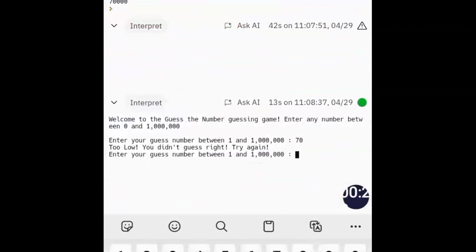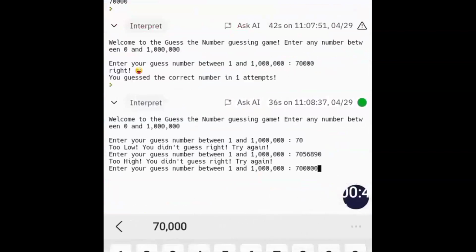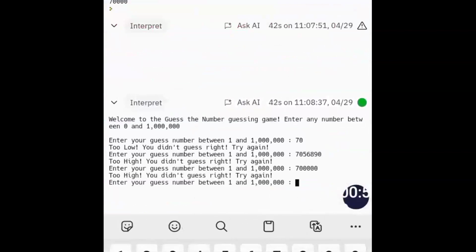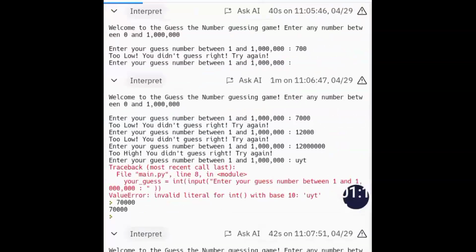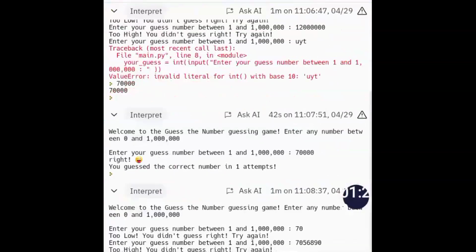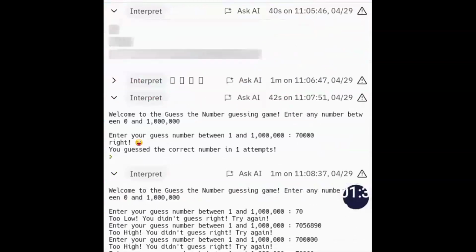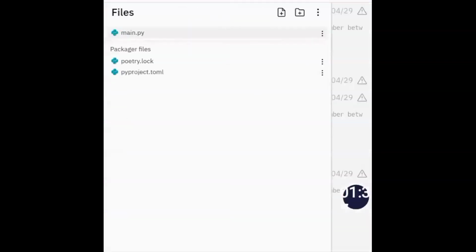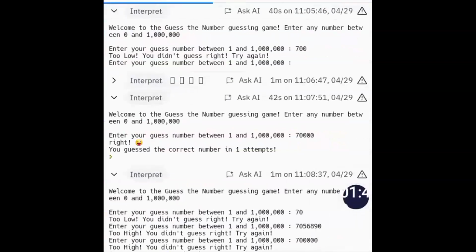So first the welcome message. Sorry, something is wrong with my internet, so it's blinking the first line, but ignore that. I'm just testing by inputting different numbers, and as you can see, it's working. It says either it's less or it's more, something like that. I'm just randomly testing it out. I want you to put your own numbers and test it out, so you will know whether it's working accordingly from the response generated on the screen.